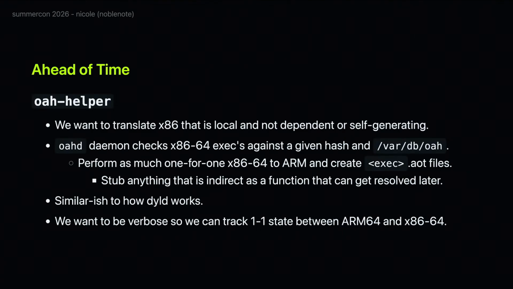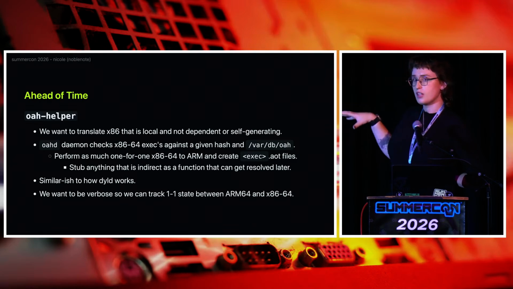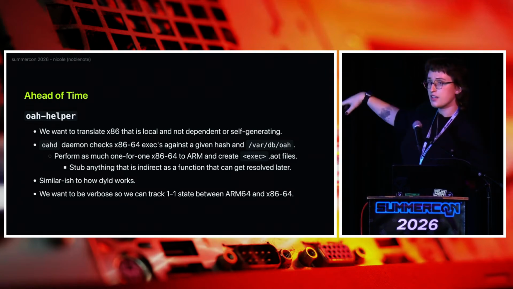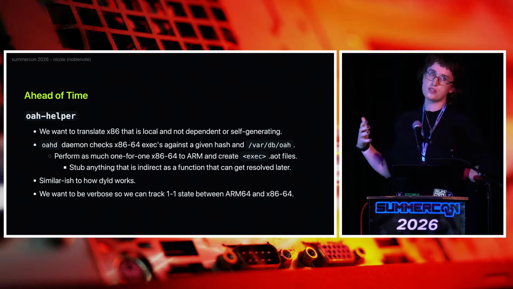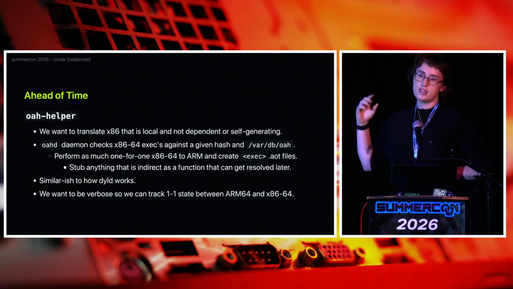I want to get into how it does some of the Rosetta stuff so we get a grounding of how this all works. There's two general steps, really broadly. So there's the ahead of time translation. When you first run an Intel Mac executable, that syscall, if it knows that it's an x86-64 binary, a